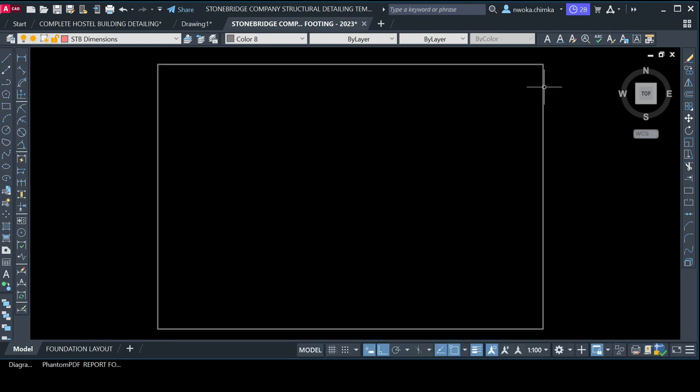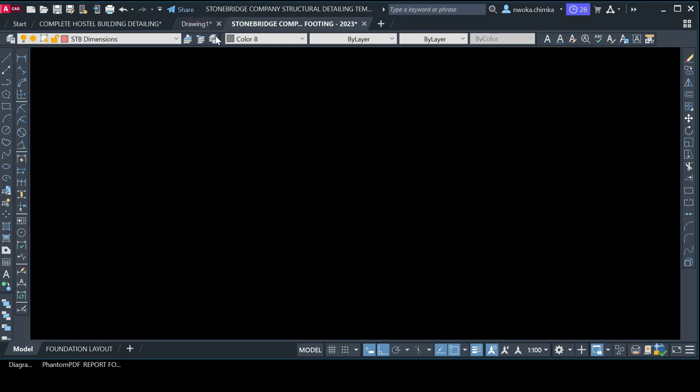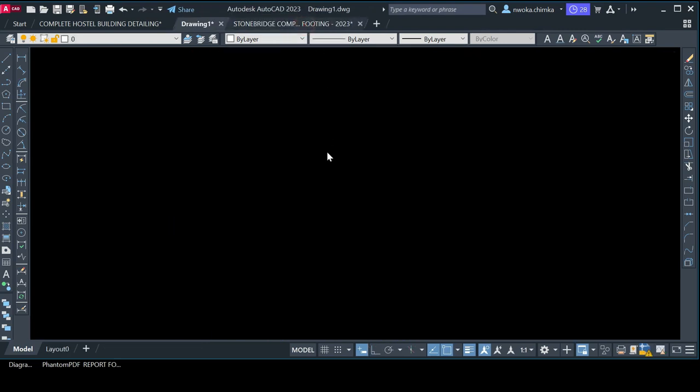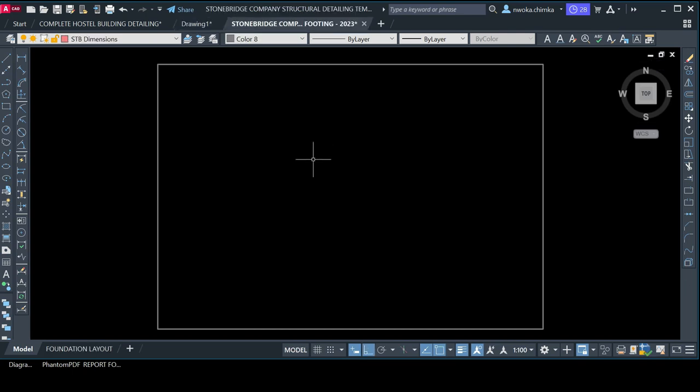Now, when you open this right now, you will see this block area here. So this is where you're meant to paste all your detailing that came from Protastructure. Now, once I paste this drawing that came with the software Protastructure into this template, automatically it will optimize it